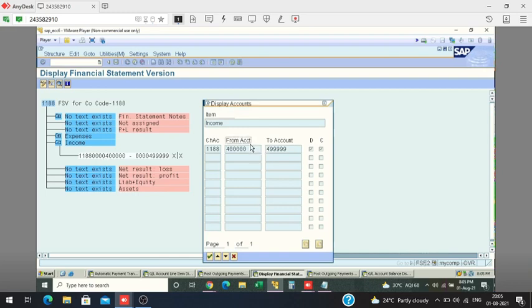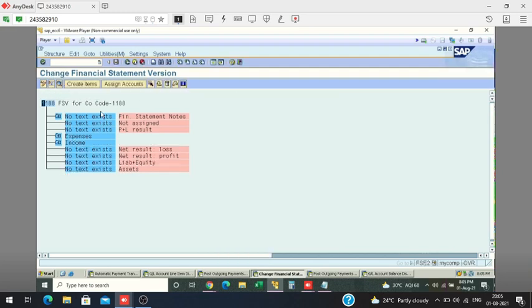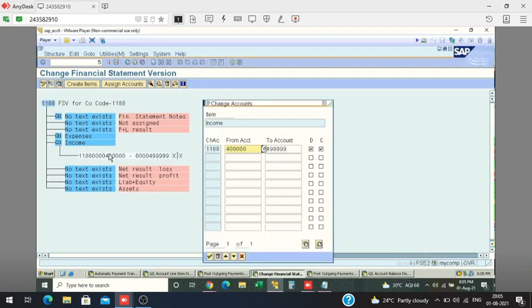See, you can edit it. Okay, if you want to distribute in a different way, you can create.